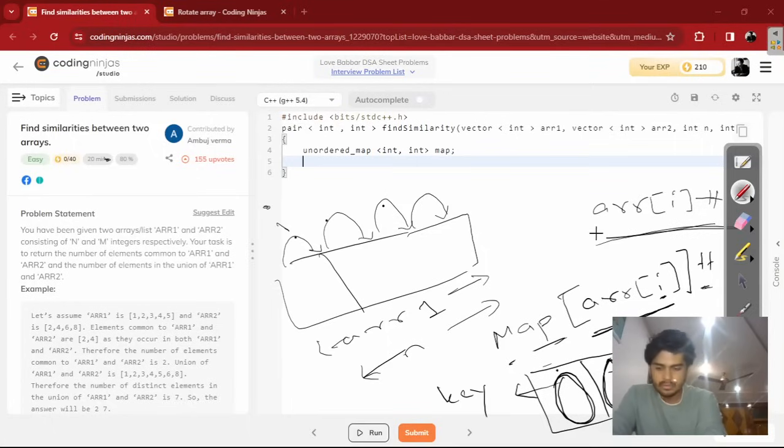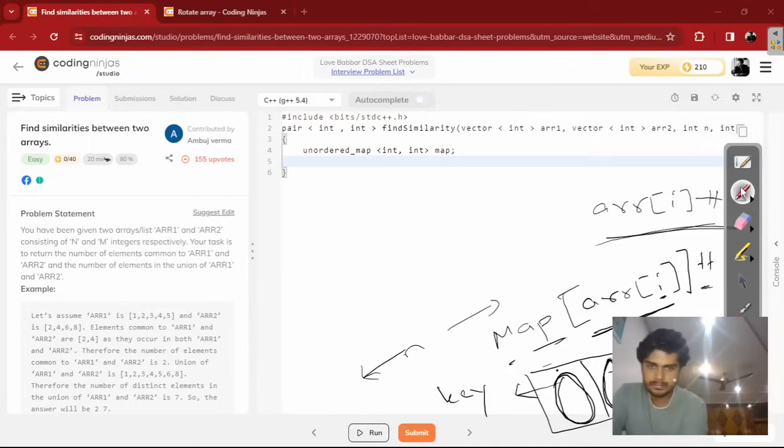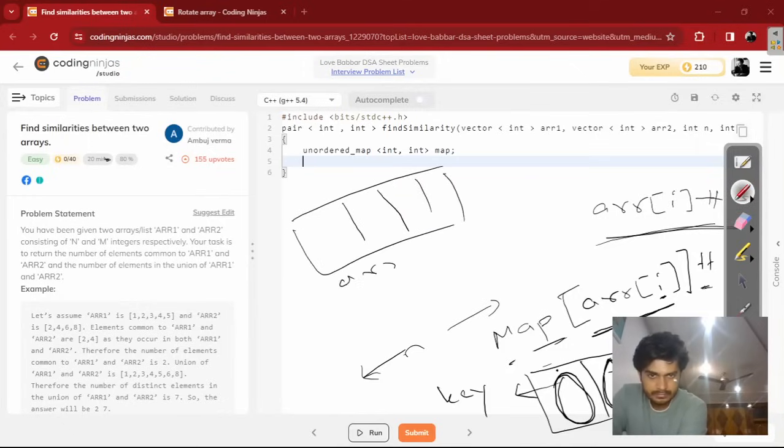And we will go through all the elements of array 2. So we'll say, okay, now the array 1 part is done, so let me erase this. Now go through array 2, which is our second array. Go through array 2, which is of size m. Go through array 2, and if array 2 is greater than 0, like if map,